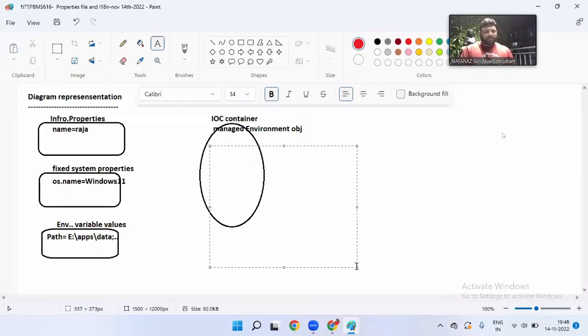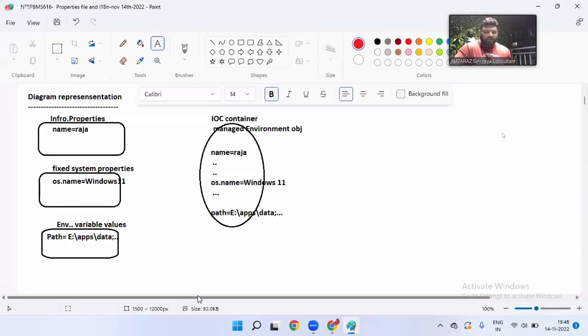Everything will be stored here: name is equal to Raja, os.name is equal to Windows 11, and path is equal to :/apps/data;